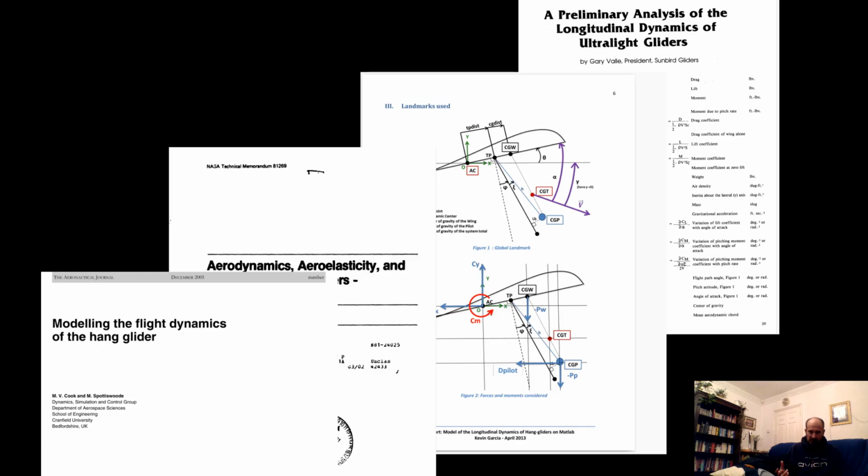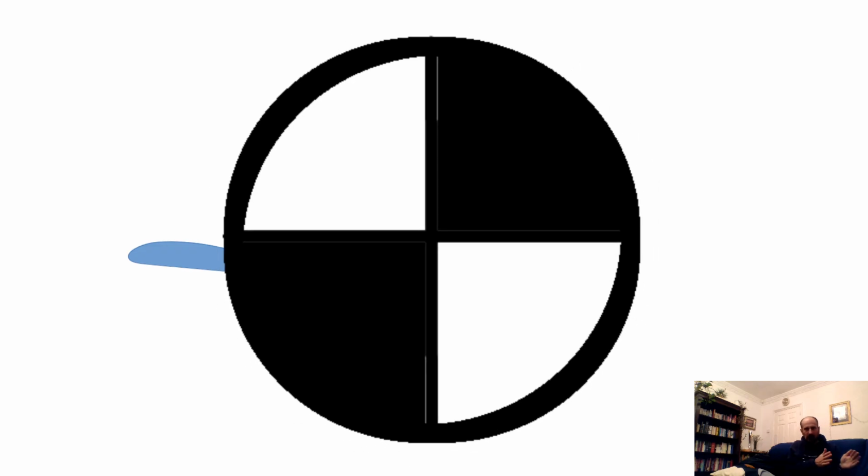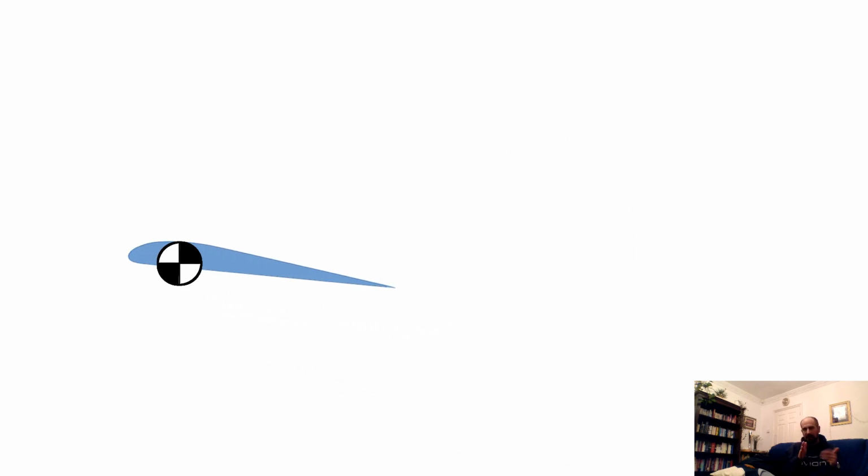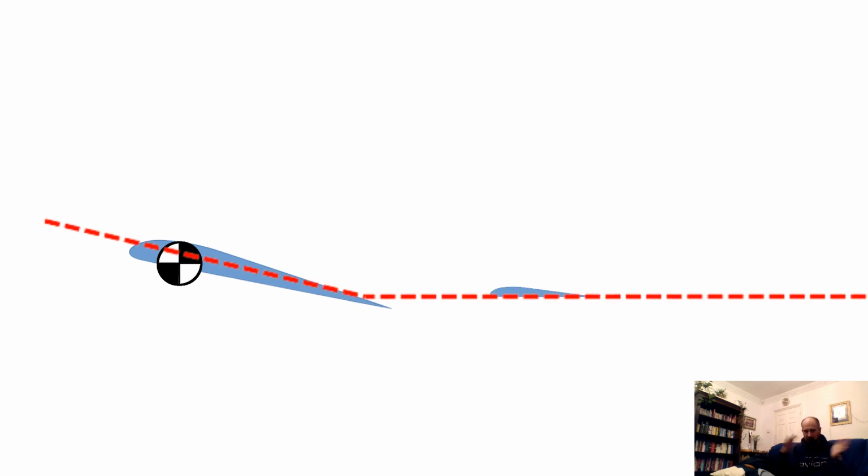Well, if you remember back to the static stability we were talking about, the way you get the static stability, you have to have centre of gravity far forwards, and to stop that forward centre of gravity just causing the thing to dive, then you need to have a stabilising surface which is set at a lower angle of attack than the main lifting surface. So that's what we call the longitudinal dihedral between the lifting surface and the stabilising surface,